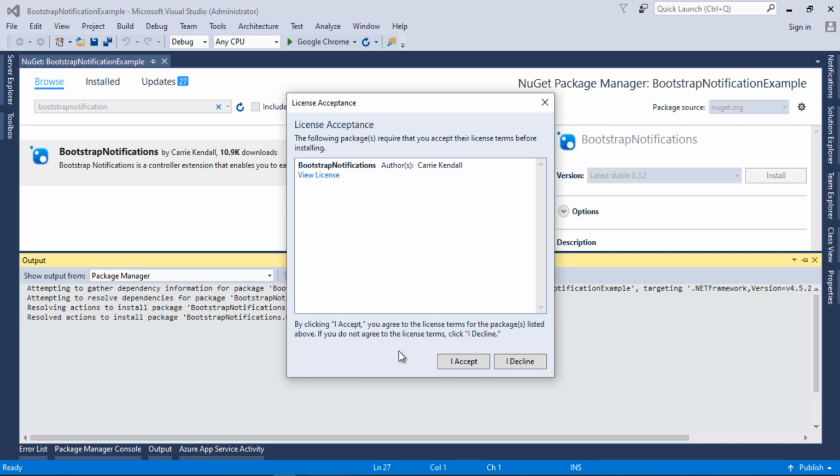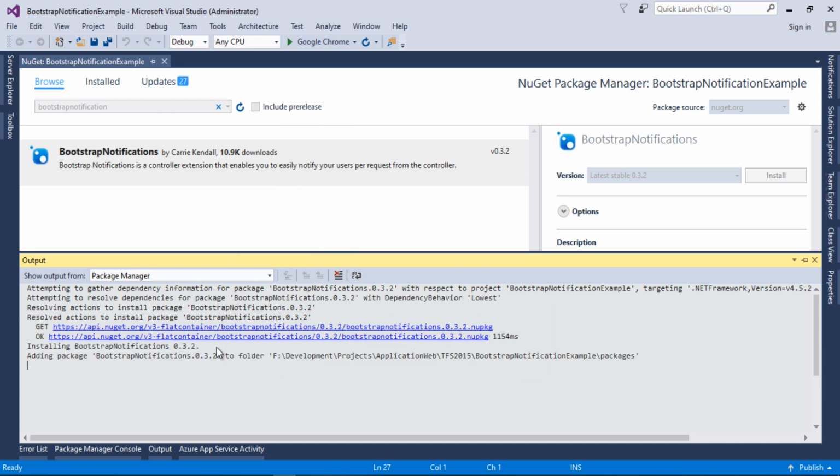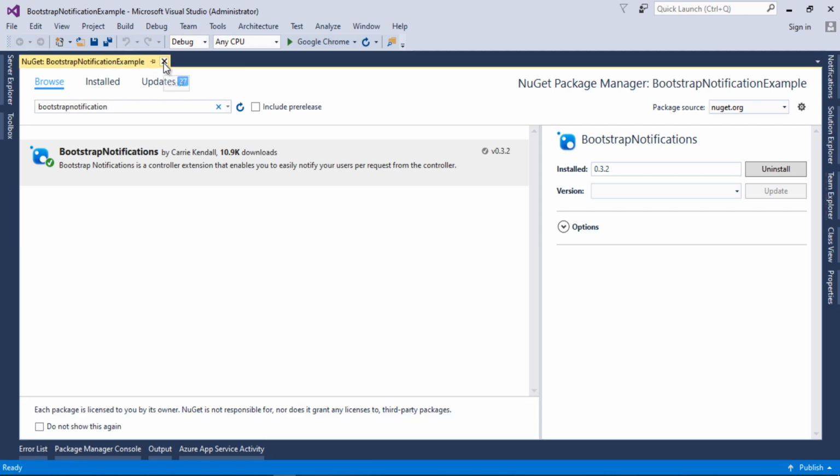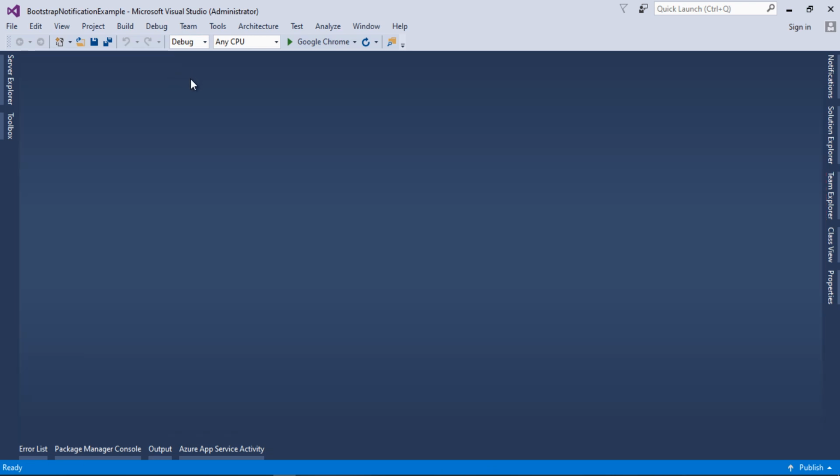Yes, it is asking for acceptance of the license agreement. I will click on OK as well. As you can see, we have installed the NuGet package for Bootstrap notification, which has successfully installed and just finished. Now I will close this NuGet package tab.